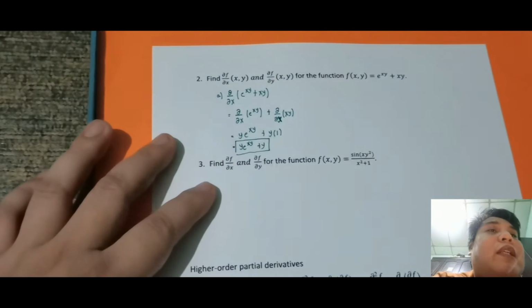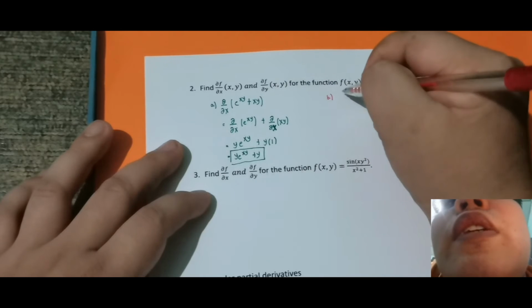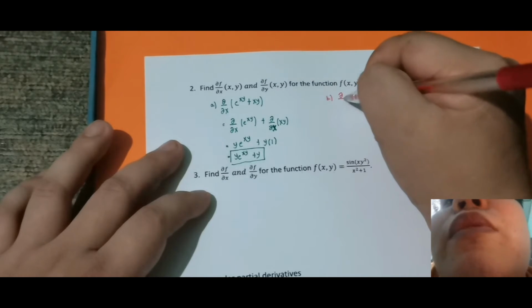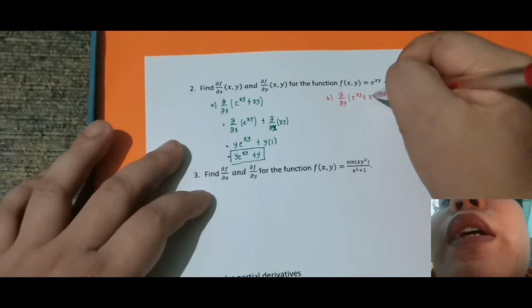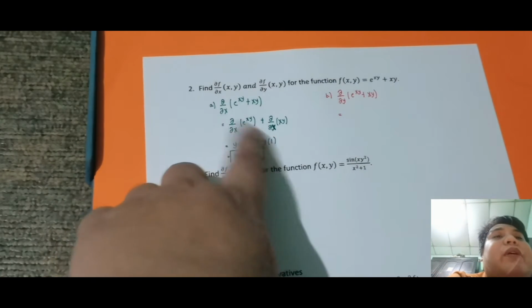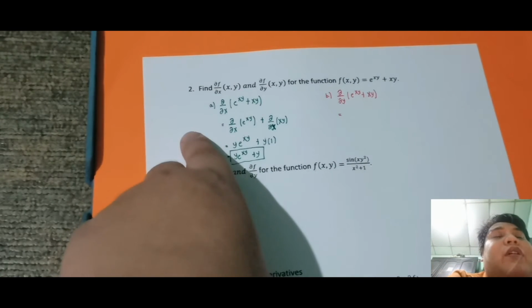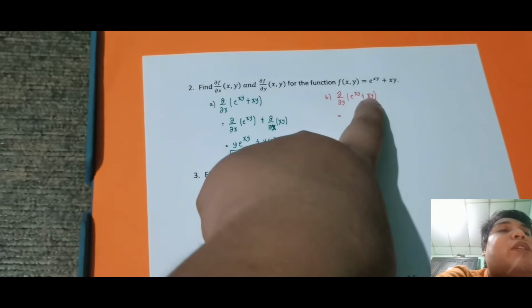Okay, at napakadali lang niya. So, for letter B, medyo bilisan na natin konti. I think nagkaka-idea ka na. So, this is partial with respect sa y ng e raised to xy plus xy. So, considering nakabisado mo na yung goal, hindi ka na pupunta ng ganitong method. Actually, pwede naman yun. Okay, so kunyari, partial of e raised to x with respect sa y plus partial of